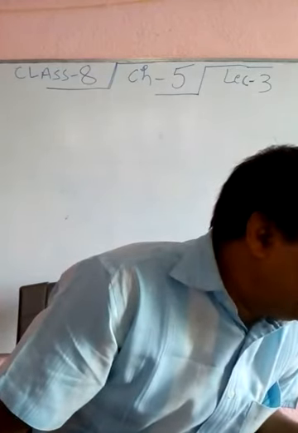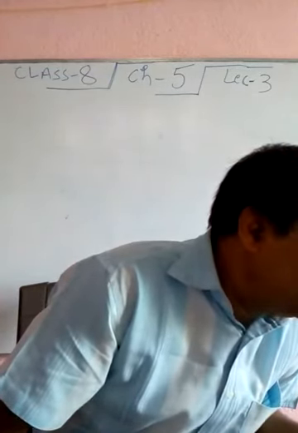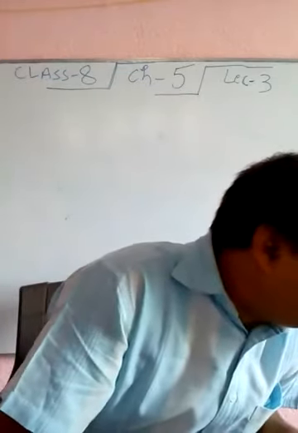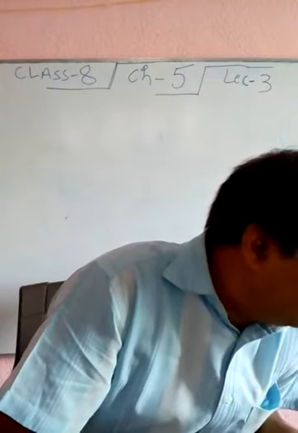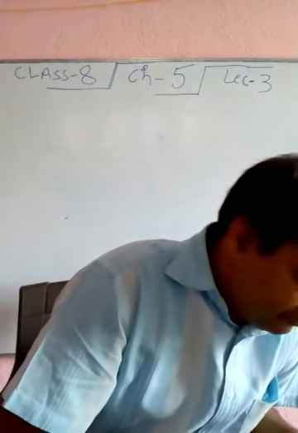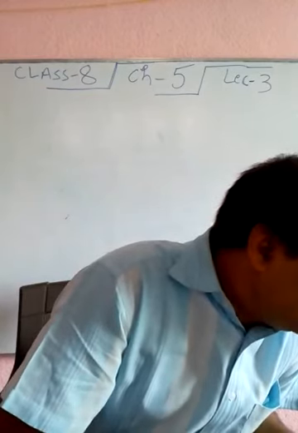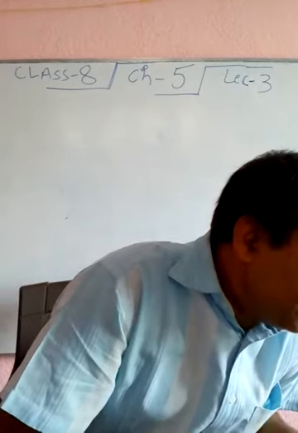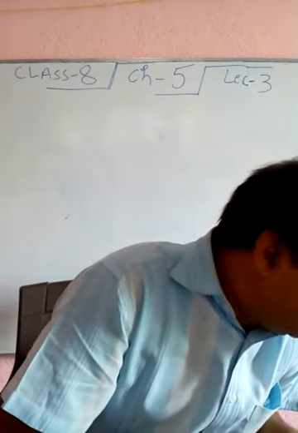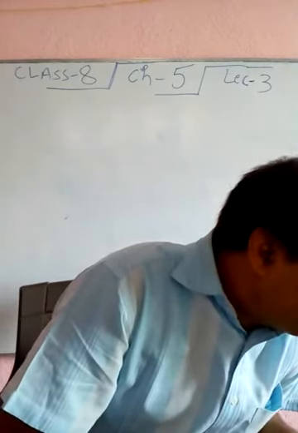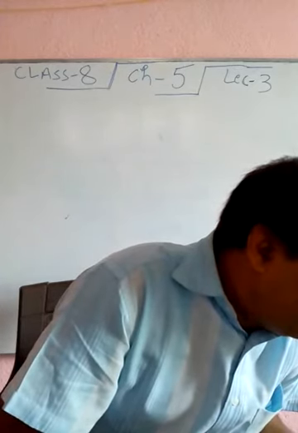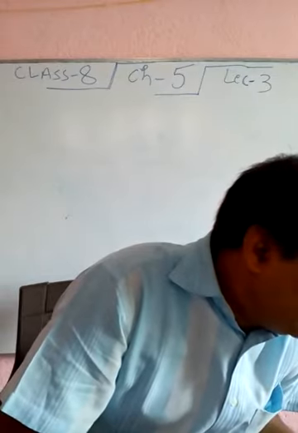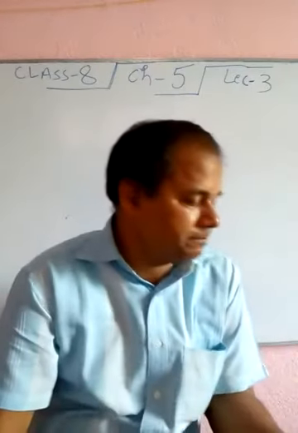To explain in brief the reading of bar graphs, we shall take an example. Reading bar graphs, example number 4. Read the graph given in the figure and answer the questions that follow. That is, a bar graph showing expenditure on the educational system of a country in a particular financial year.